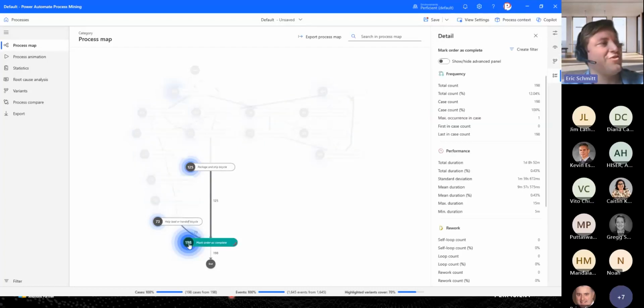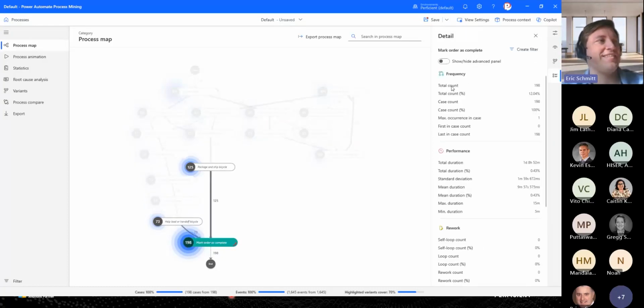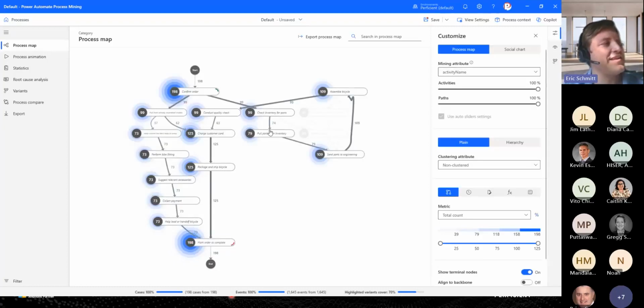So if I'd like to, I can drill down into some additional detail here. I can see the count of items that hit this particular process. I can see how long it took. There's some information in here about rework. So I can do some manual digging and I can apply filters to this. I can see what happens for a mountain bike versus a speed bike, or what happens for a kid's bike versus a mountain bike. So we can apply filters on our data to look at some of those nuances